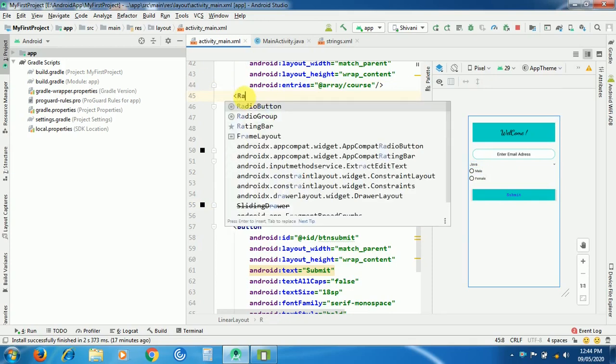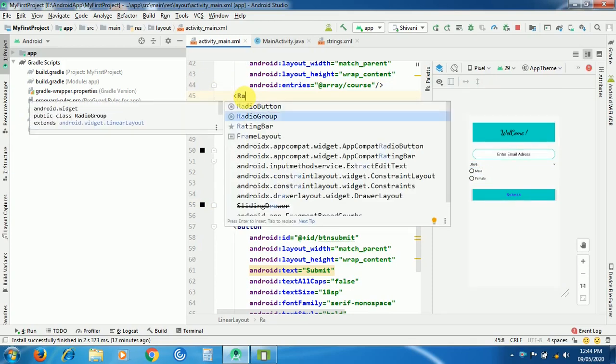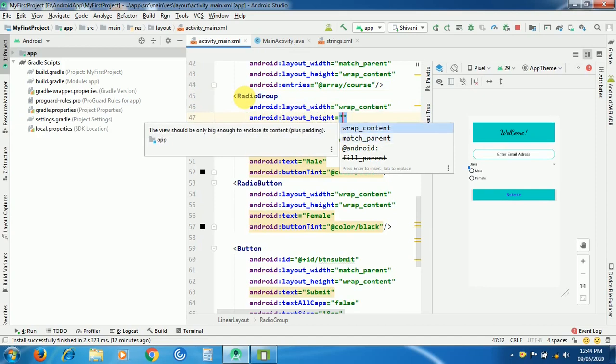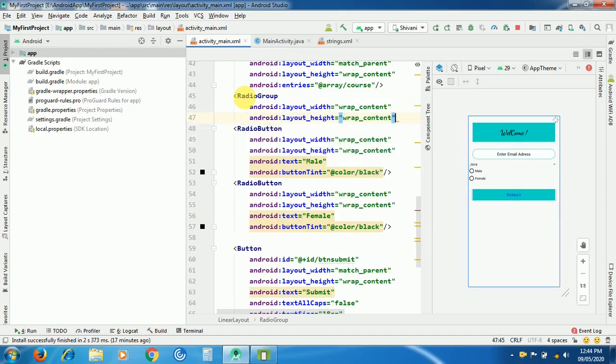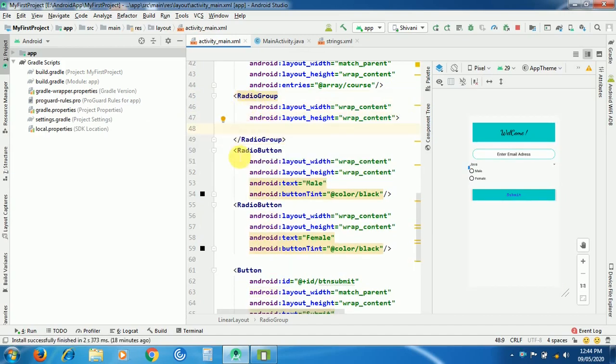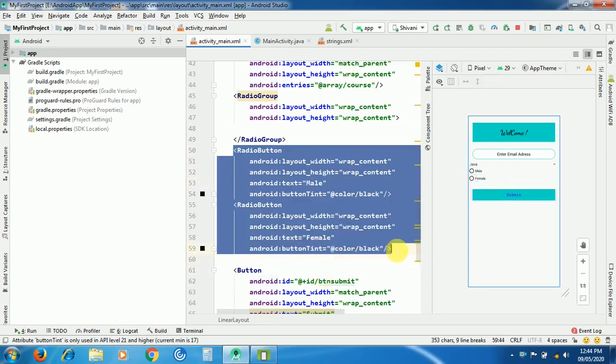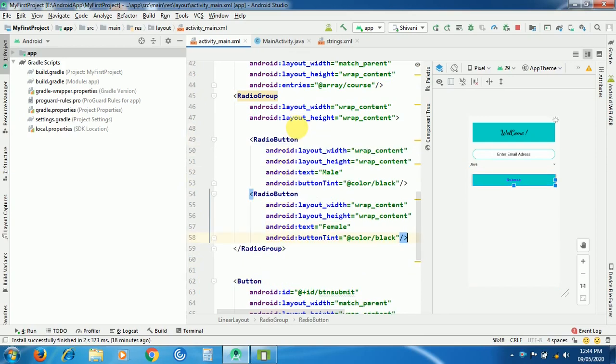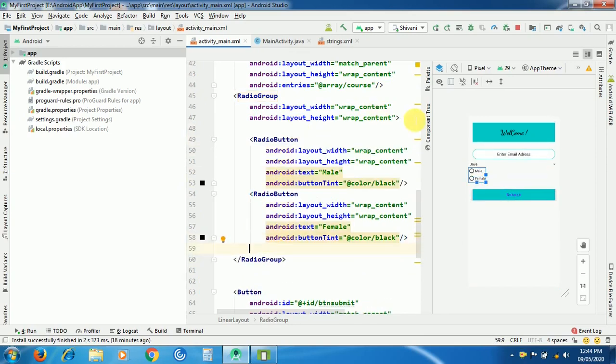With the help of a radio group, we can make the radio buttons select one of them only. Here I am going to give height and width to the radio group. Whichever options you want to add for radio buttons, you have to add them under the radio group, then only it will show that property, which is to select any one of the options.